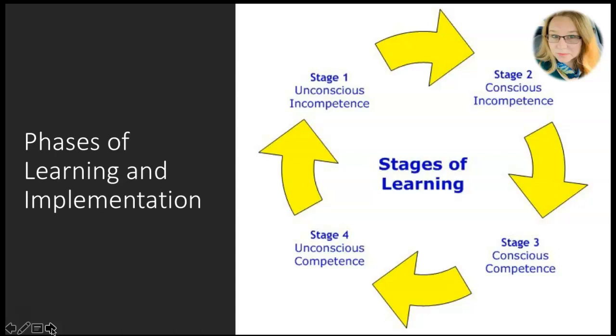So starting with stage 1, we don't know what we don't know. Stage 2 takes us to that conscious incompetence. We know that we don't know what we're doing. And stage 3, conscious competence. We are exerting a lot of energy and trying hard to do things in a new way. And then that unconscious competence. We integrate it into how we think and how we act, and there's automaticity to it. We don't have to think so hard. Practice, practice, practice. It's about maintaining compassionate grit.